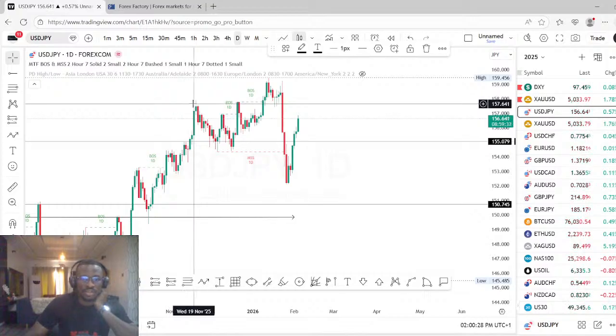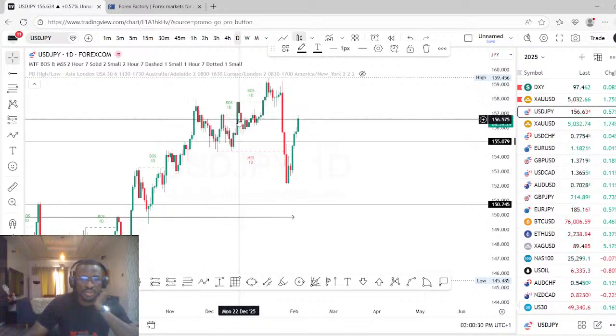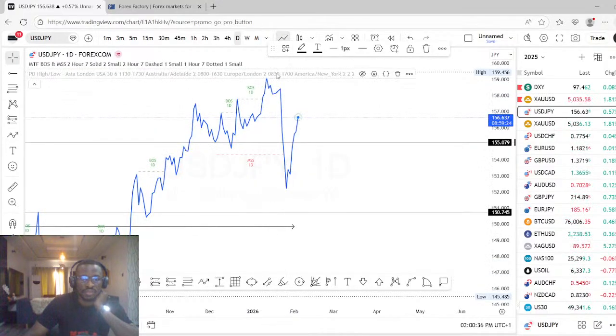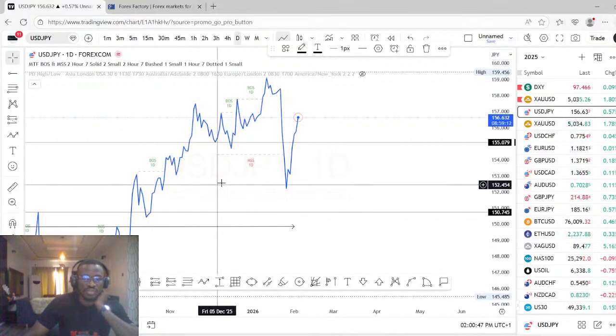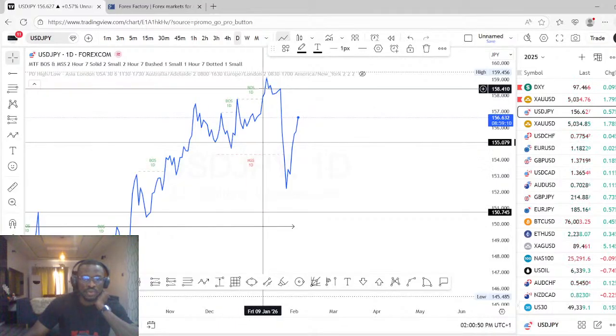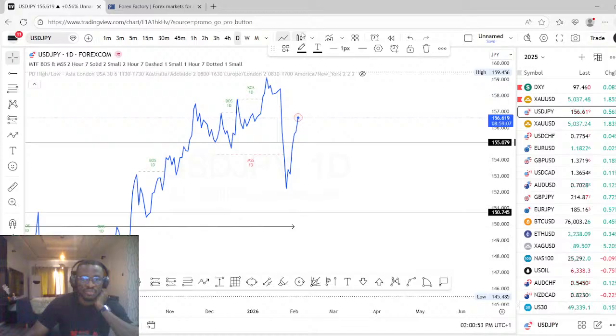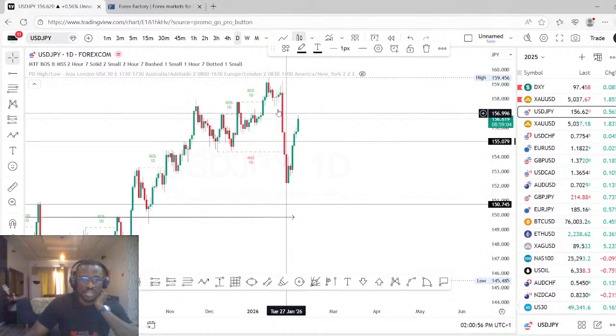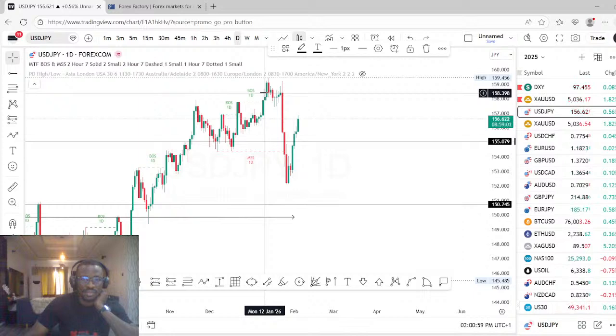Notice something spectacular here. After price broke above this level, notice how price has not come to retest that level, and because of that, we are looking forward to taking advantage of the market movement in this case. So all you have to do is sit on your hands and look forward to how the market reacts